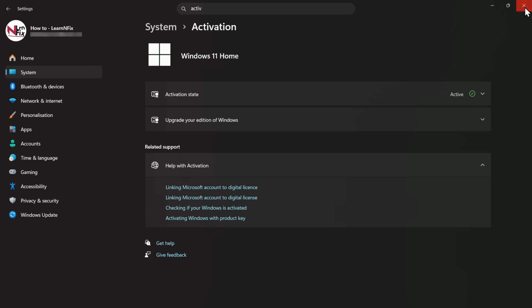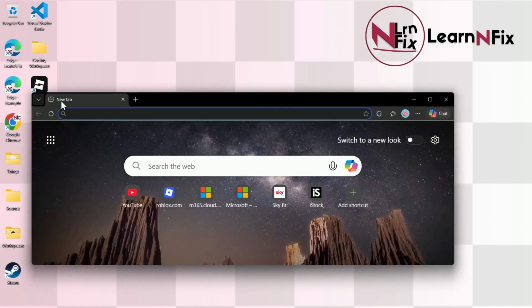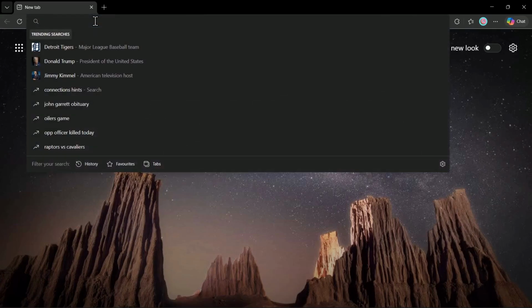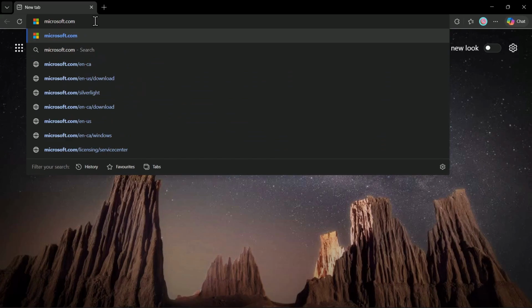So let's close Settings here, and the way you can do this is go to your browser, and you can purchase a retail license. And a retail license is basically like a product key that's sold separately from the PC itself. So for this one, you have to actually go to a trusted seller to buy it. And the one I recommend is going to Microsoft. So go to Microsoft.com,